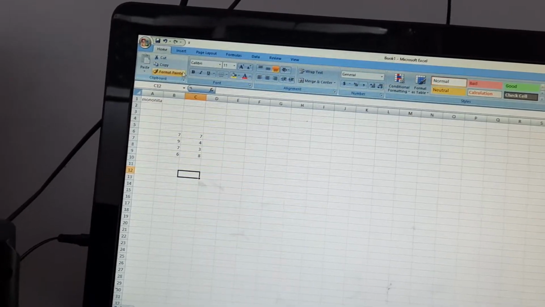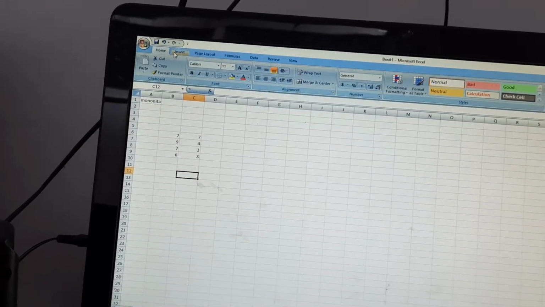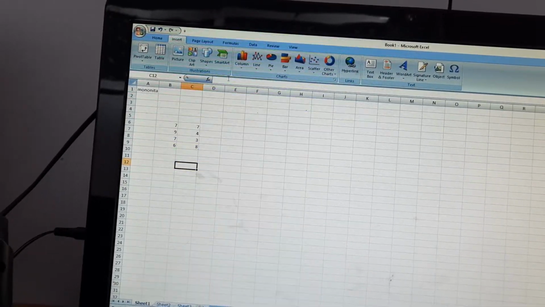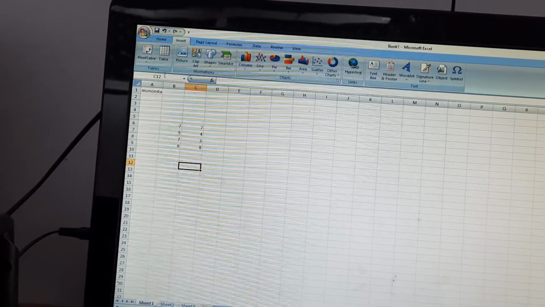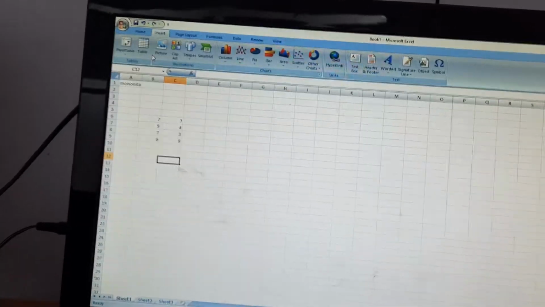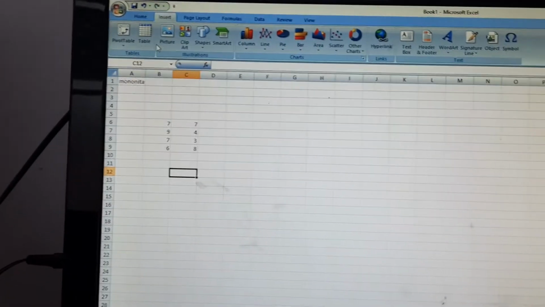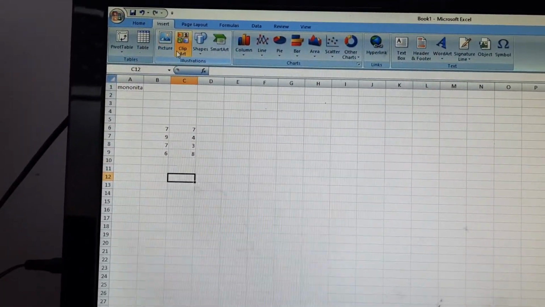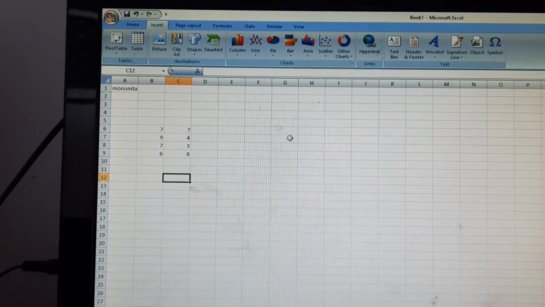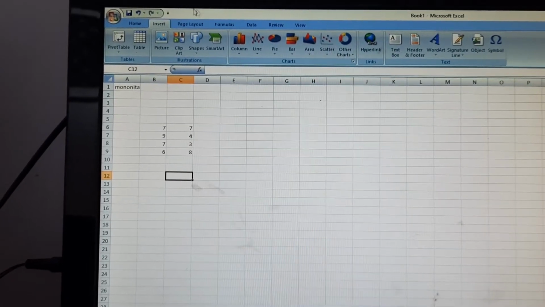Now how to insert and delete rows and columns. Like here the insert button is there. As we go to the insert button, it will ask you.